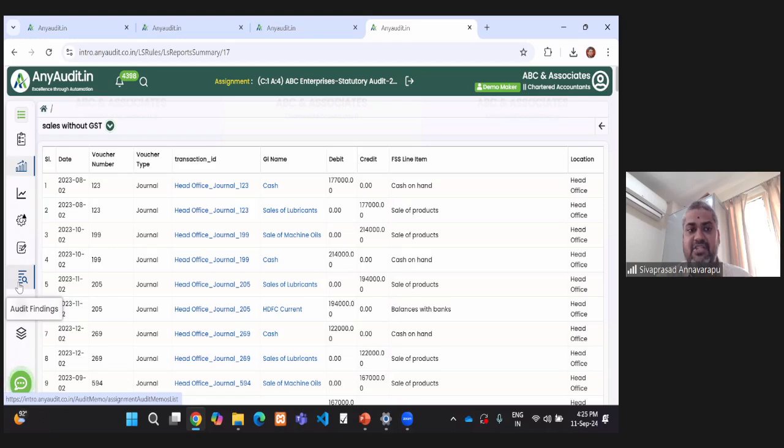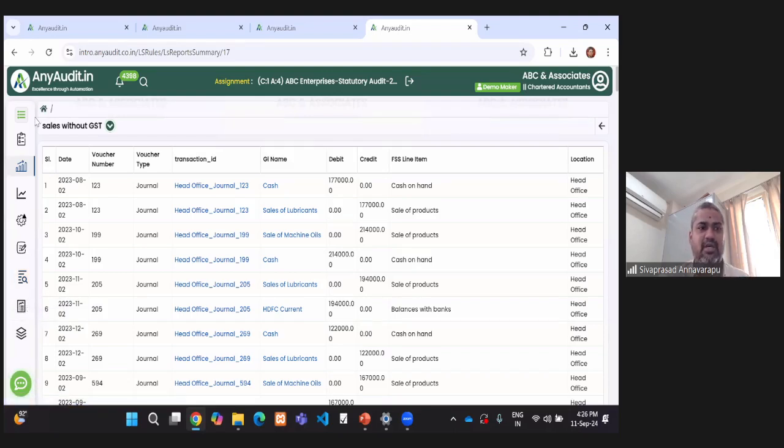This is the way in which the work is being performed and the documentation is also happening. In a way, I'm also discussing in parallel how the ledgers have been analyzed, how the anomalies have been identified, how the probable anomalies have been put to audit test, how each of the audit tests have been done, what evidences are collected, and how the audit conclusions have been drawn. This is what audit documentation has to prove on its own.